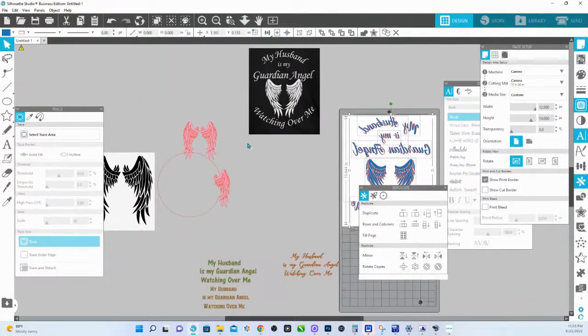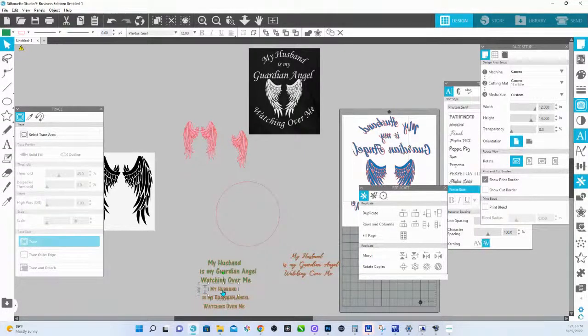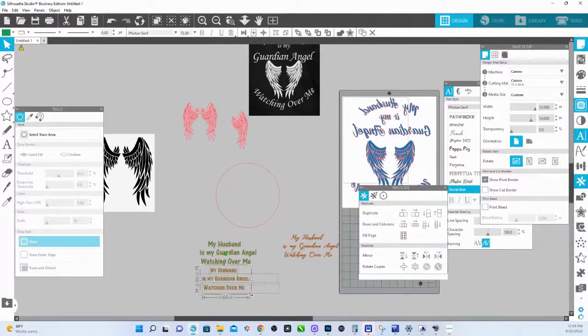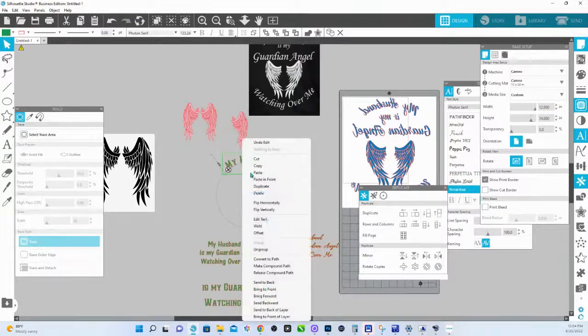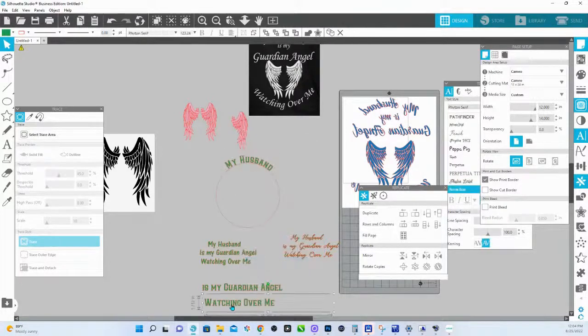I'm going to show it with a different font. So let's say someone likes it. You want to offer it in a different font. We're going to just take the same things up here. I'm going to make this a little bit bigger. We're going to double click. We're going to bring this to the top. We're going to right click, convert to path. We're going to take "watching over me," double click, pull it inside the circle, flip it the other way, push it in, go like this, pull it out,